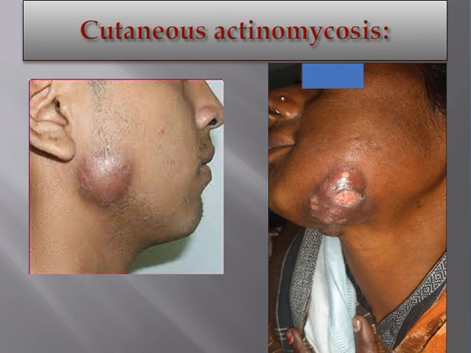In patients with primary skin and soft tissue actinomycosis, the abscess has to be drained and prolonged antimicrobial therapy is required to achieve cure. So in this slide you can see pictures in which we can see